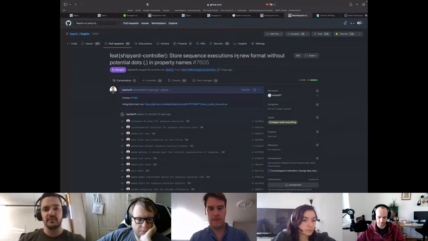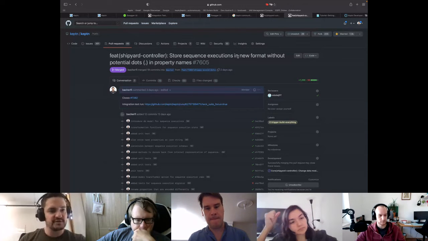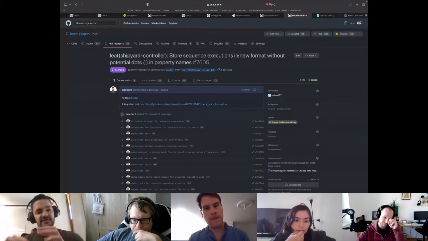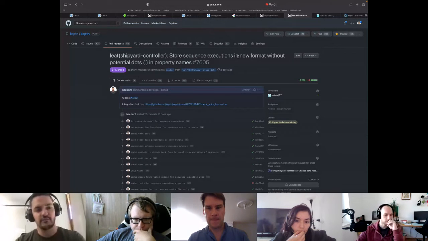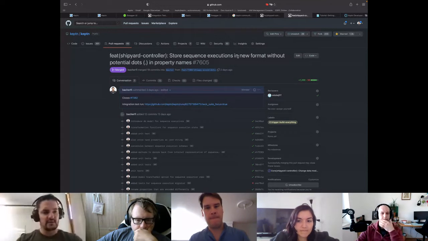And so basically what has been done in this pull request here, we introduced a new model package for the sequence execution, the internally used model by the database layer in the Shipyard Controller, and in essence not